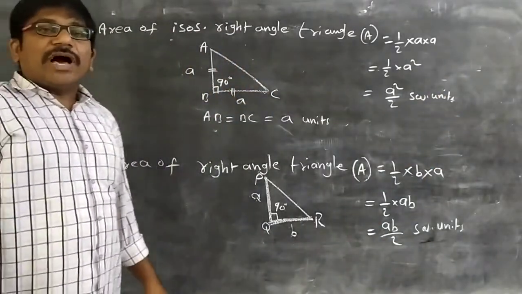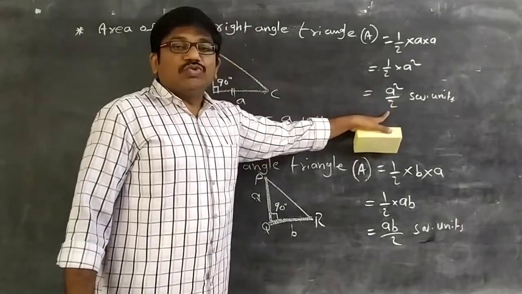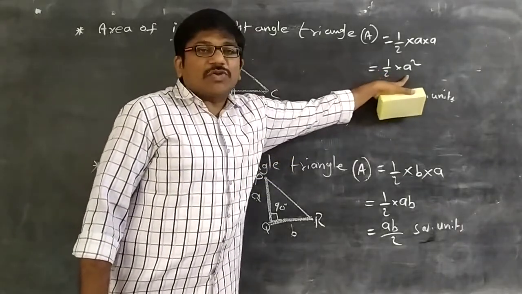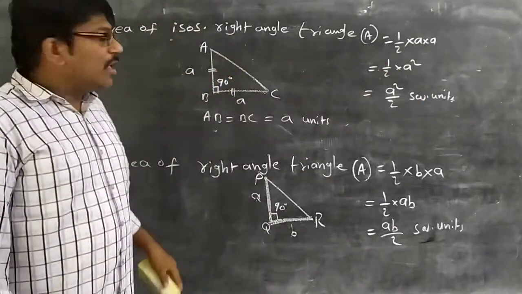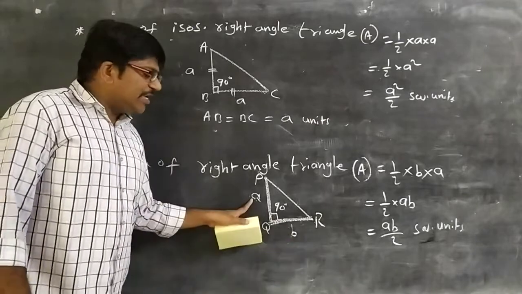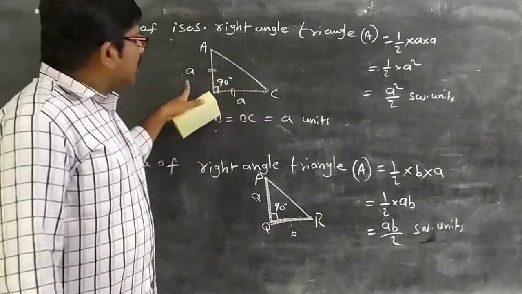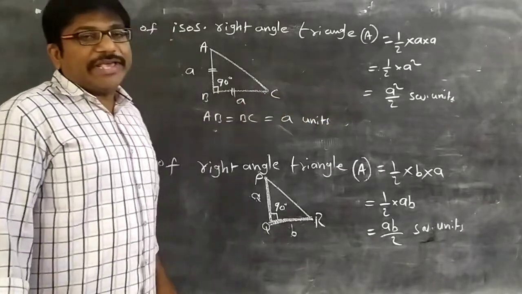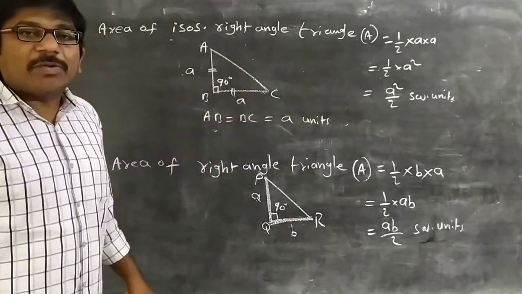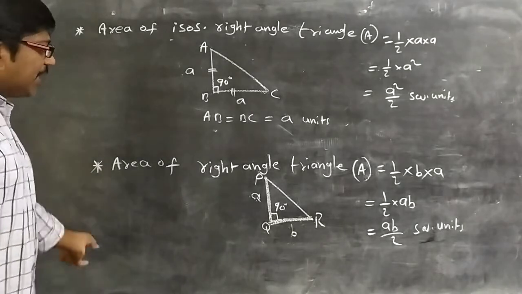So the area of an isosceles right angle triangle is A square by 2 or half into A square. We use the same formula. In a right angle triangle it is A and B, but in an isosceles both are the same. So its area is half into A square or A square by 2, right? So next to